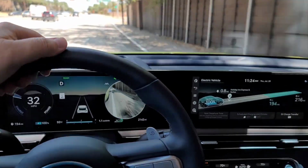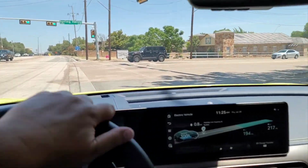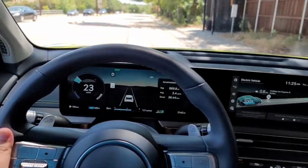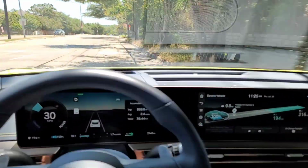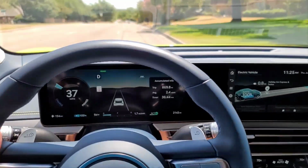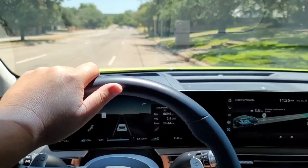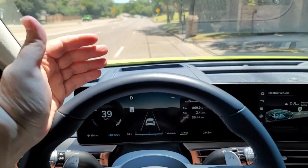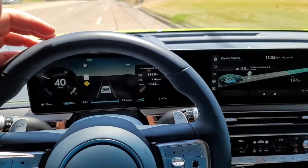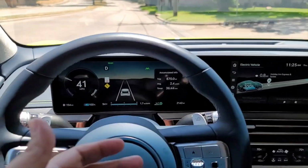That, you know, as you use it, when it gets down to like 90%, do you just plug it in every night and then just keep it at 100%? Is that good for the battery? Do you cap it off at 80%? Like, does any of that make any sense? Are you supposed to understand how this works? Or are you just supposed to just drive it? And in that case, if an EV is just about getting around, and obviously it costs more than a gas car to do so right now, when you fast charge it,